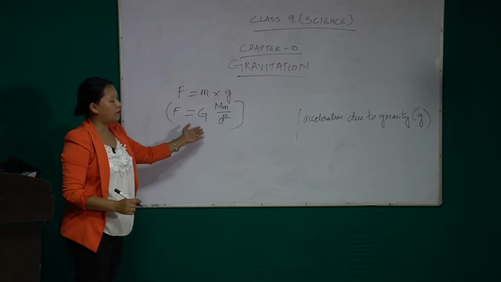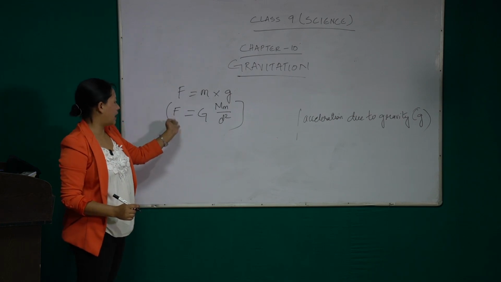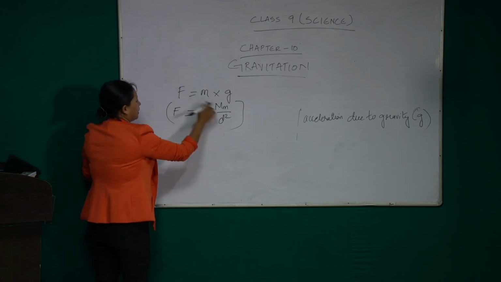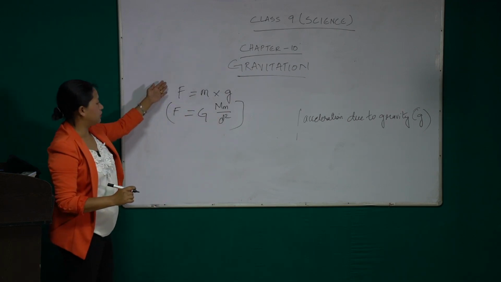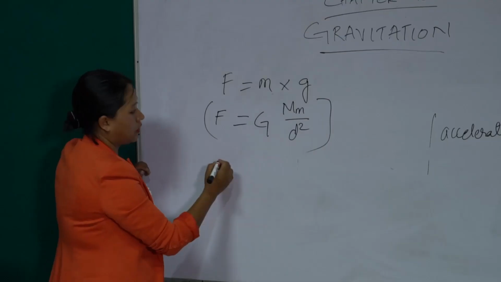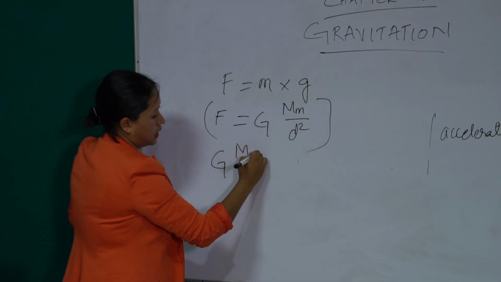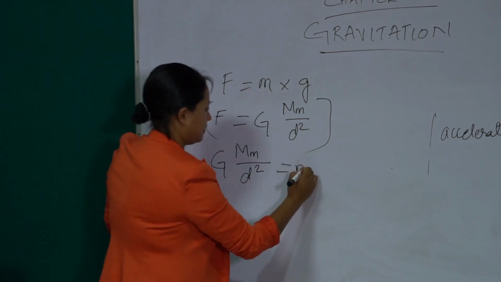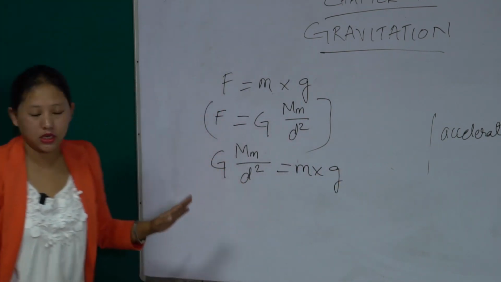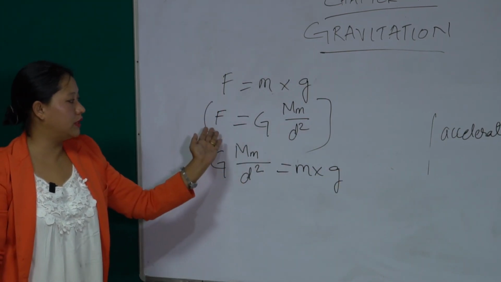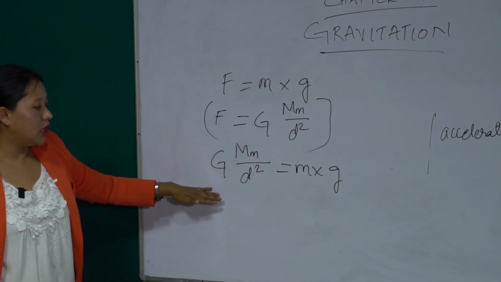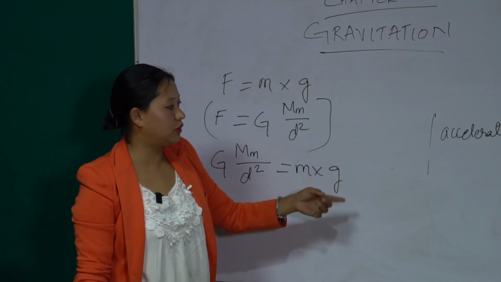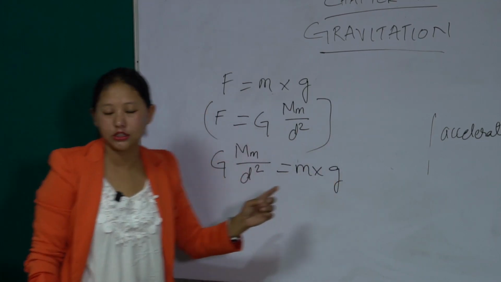this is the value of F. So let's put this value here. If we put this value in Newton's second law, so here we have put this value of F in this equation. Since we are going to find the expression for acceleration due to gravity, that is small g,